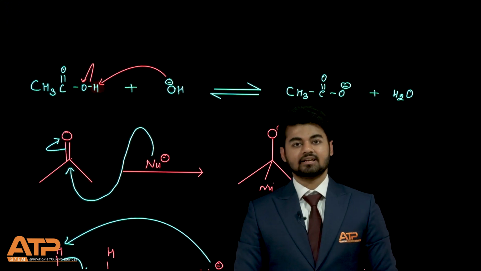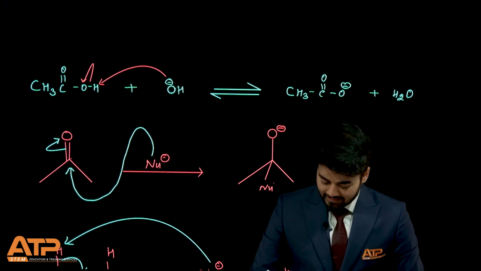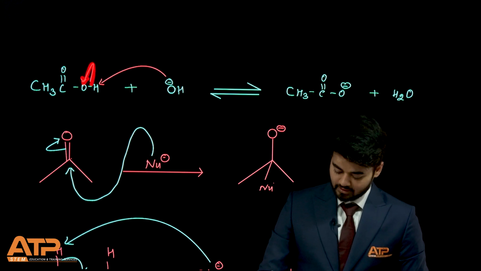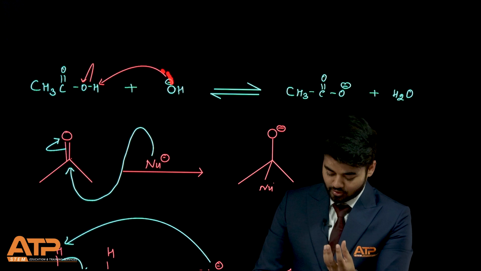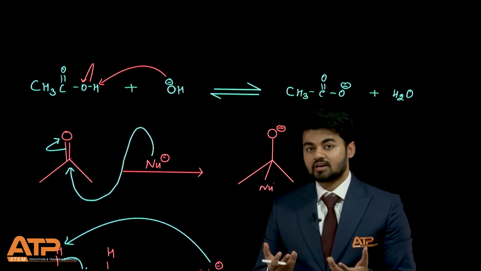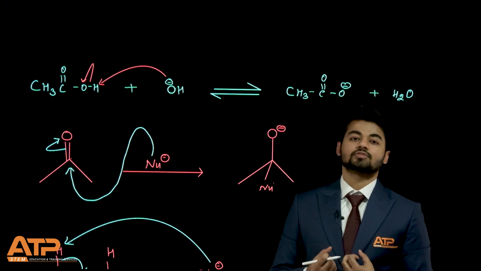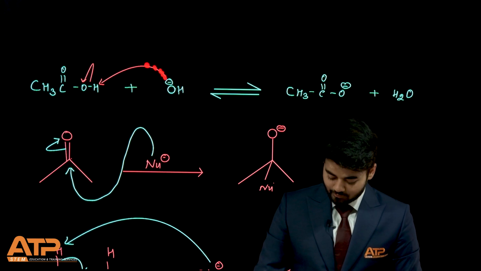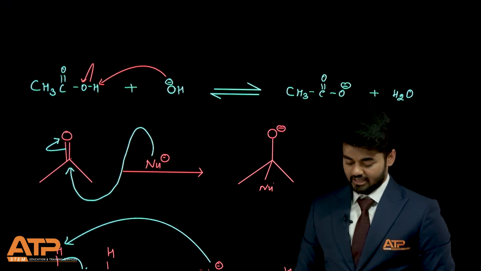Hydrogen is slightly acidic in nature because it is bonded to oxygen, a highly electronegative species. Electrons got transferred onto oxygen, check the arrow, and it became negatively charged. H plus got transferred to OH minus. Now, if I'm saying H plus got transferred to OH minus, but H plus has no electrons to give, it is taking electrons from the OH minus, the hydroxide ion. So that is the arrow I would draw. Check the direction of the arrow. The arrow is drawn from oxygen negative to H.